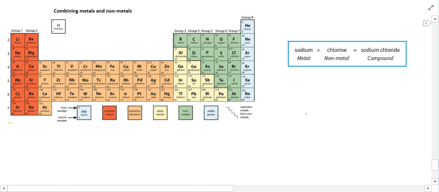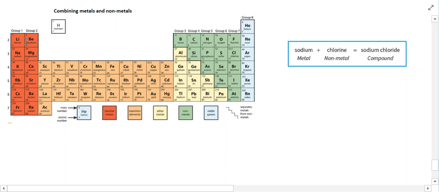Okay, good morning, guys. So what I want to look at today really is combining metals and non-metals. So basically what this means is that we know that we can form compounds and molecules by joining together different atoms. And what I want to focus on specifically is